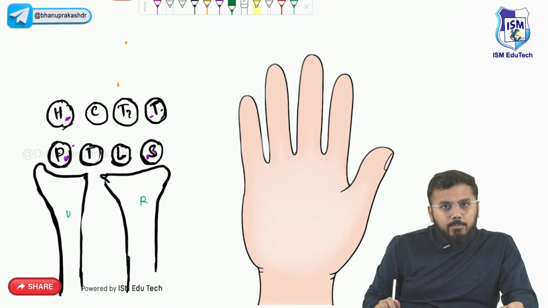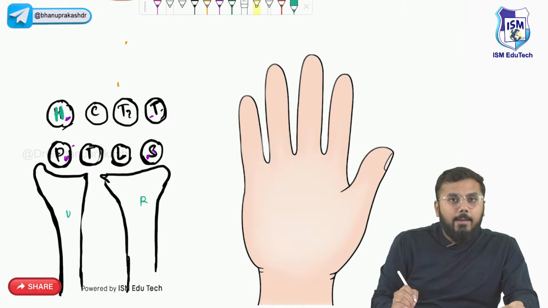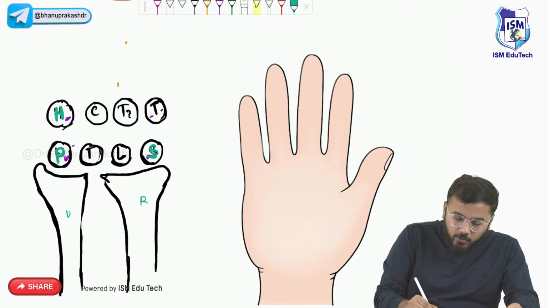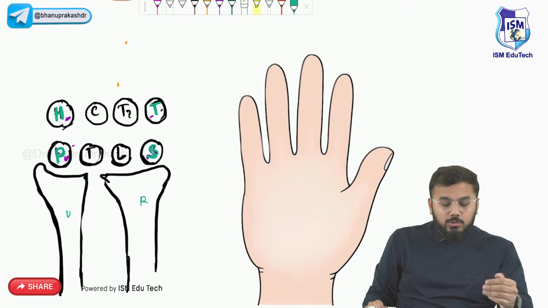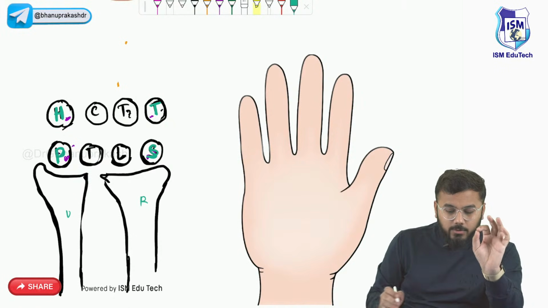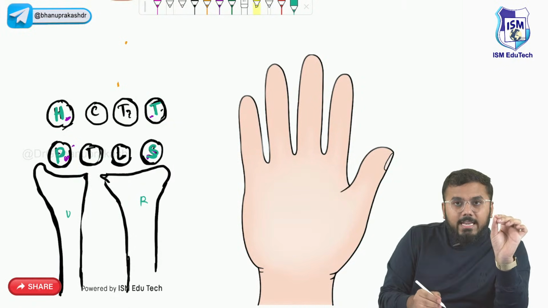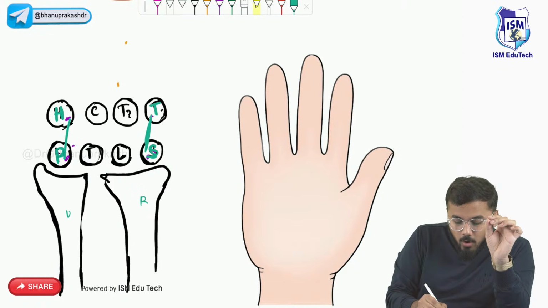You have got these carpal bones. This last bone is called your hamate. This is called your pisiform bone, and this is your scaphoid, and this is your, what is this? Trapezium. Not trapezoid, this is trapezium. So there is a ligament. All of you now listen carefully. There is a ligament which attaches all the way from hamate to pisiform, trapezium to scaphoid, and all the way